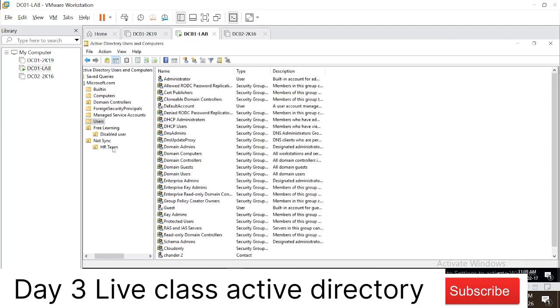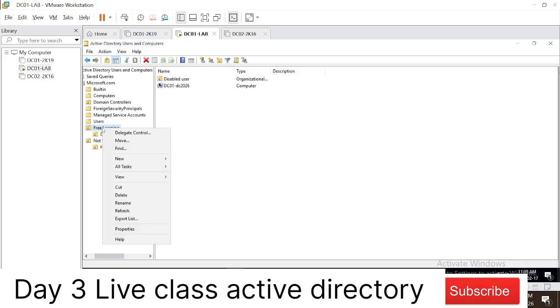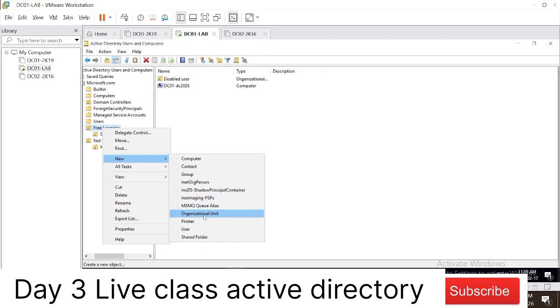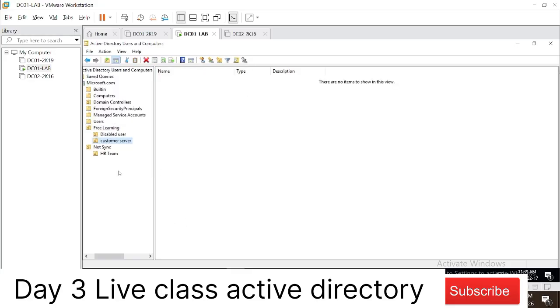Group policy is another topic I'll cover in the next session. But that's the reason we need to know this. Let's suppose somebody was working in customer service. He could not open Notepad because he could save the customer information. He could not open the Excel sheet because he could share the customer information. He could not open facebook.com because he would be searching for customers on Facebook.